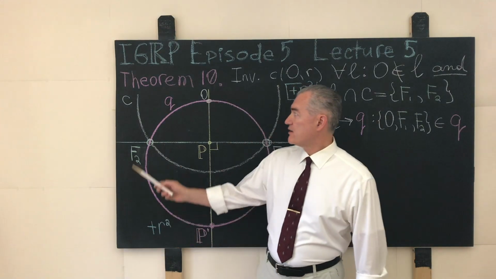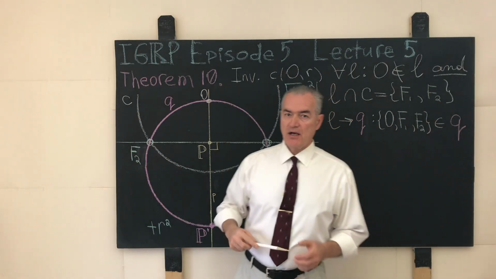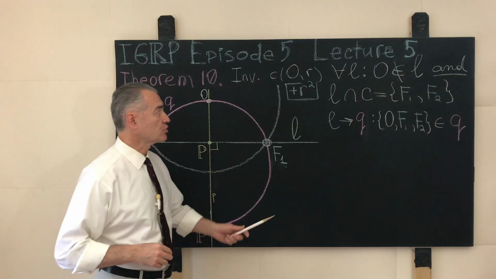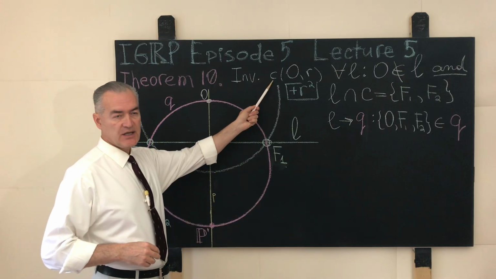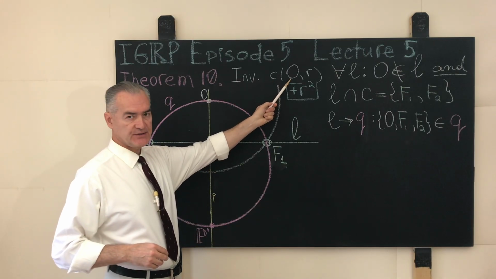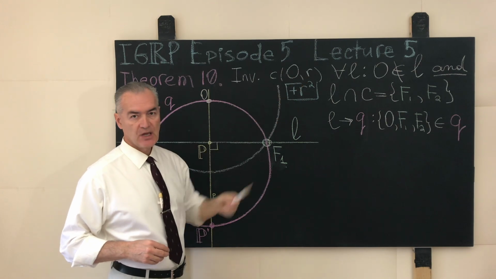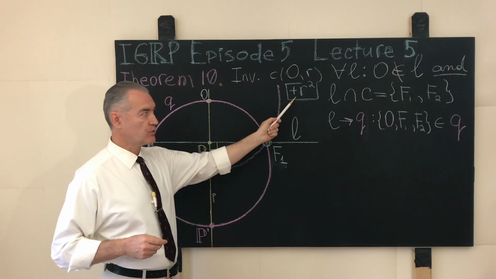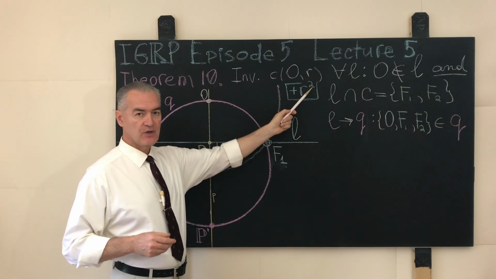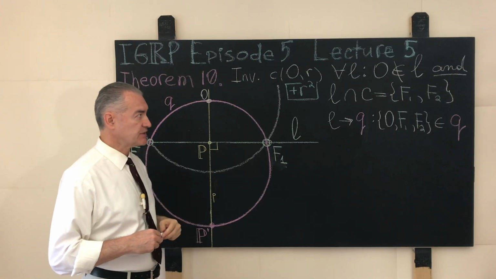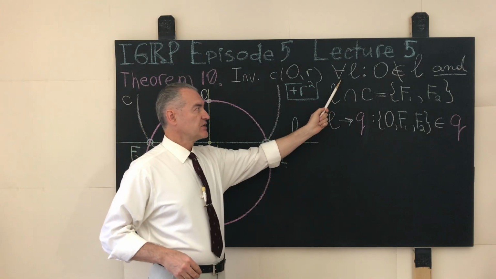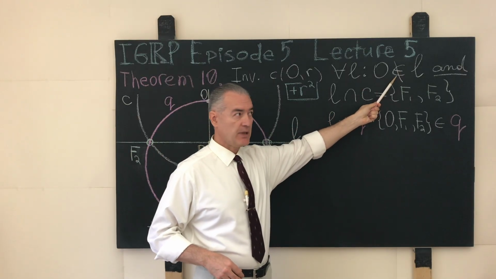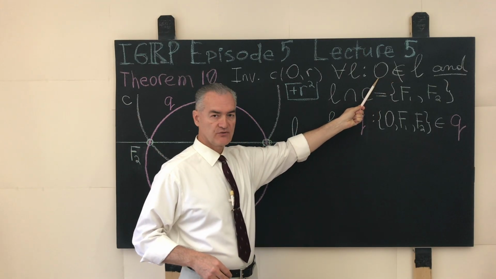According to theorem number 10, under the inversion of the plane with respect to a circle named C that has the point O as its center and the radius R under positive power, as is shown over here in blue with the plus R squared, when the power of inversion is positive, any straight line L that does not pass through the center of inversion